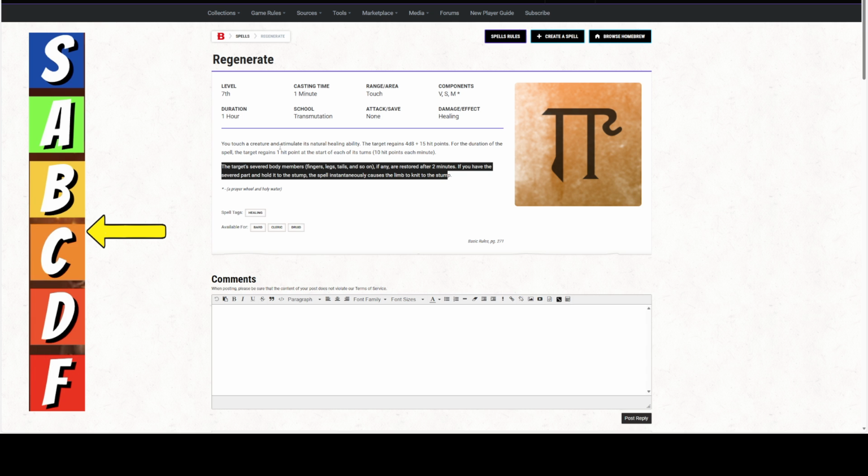The second part of the spell is pretty worthless if you are not playing with rules that garner severed body limbs. So again, it's just a hopped up healing spell otherwise, and it depends on what rules you're playing with and how often they happen. If they happen a lot, where there is a significant risk to this, then this spell all of a sudden goes up to an A